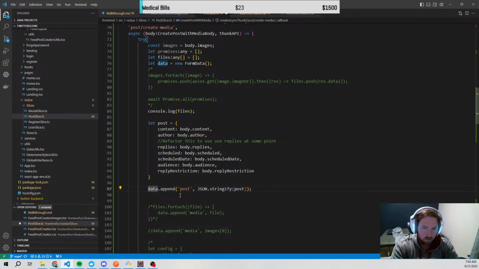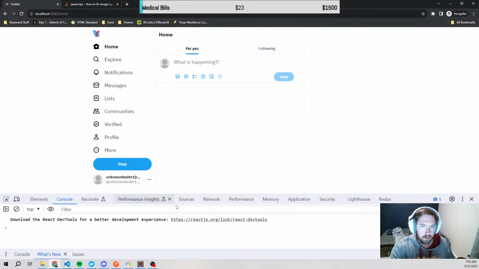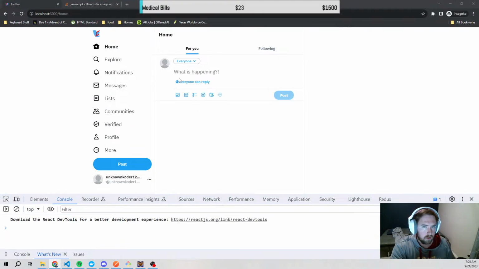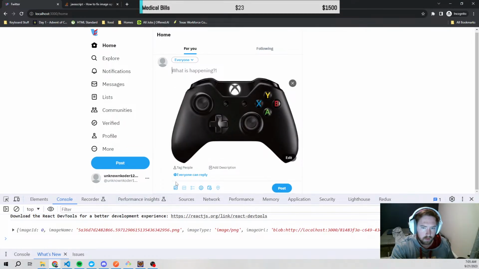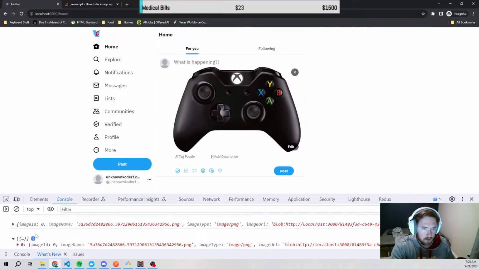I don't care about that. We're going to console.log our images, see if we have any images in here. Is this still rendering? Okay, at least it's still rendering. We'll grab this, and if we post just an image,